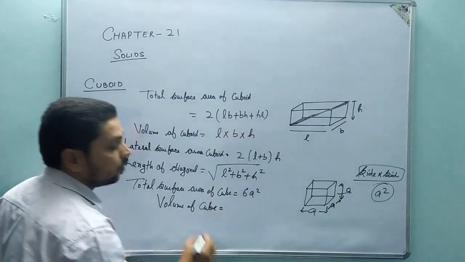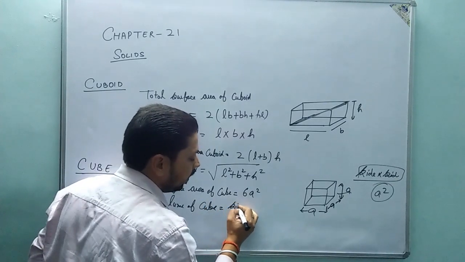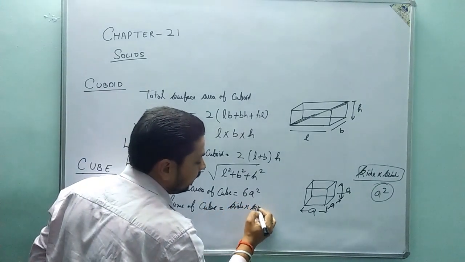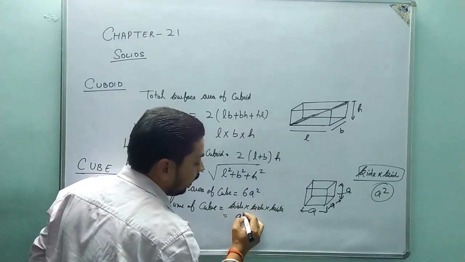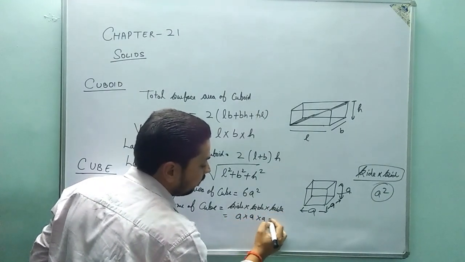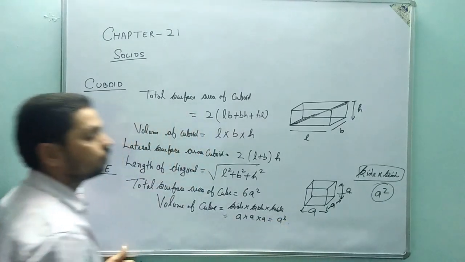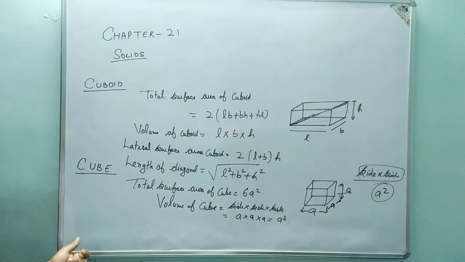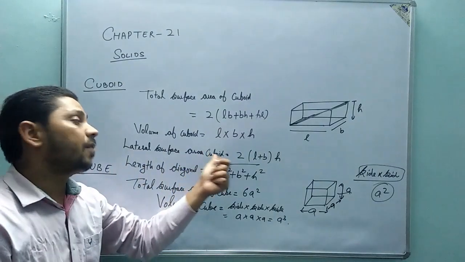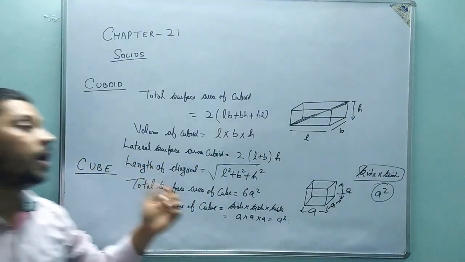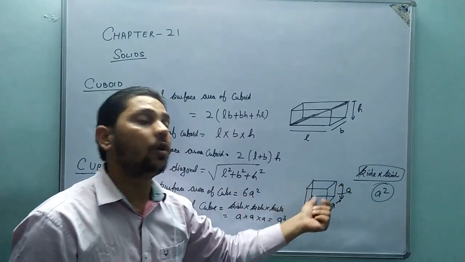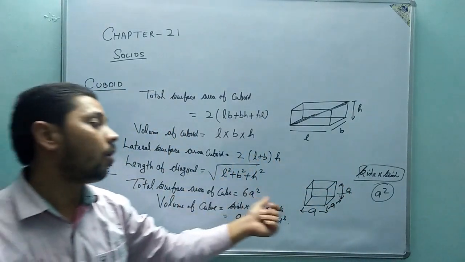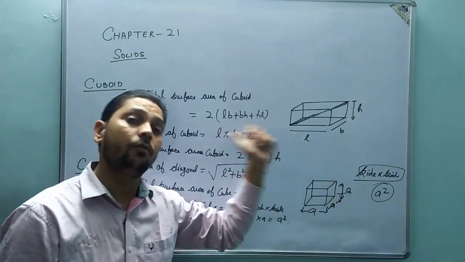Volume of cube will be equal to side multiplied by side multiplied by side. That is equal to a multiplied by a multiplied by a, which is equal to a cube. Then lateral surface area: again we are going to calculate the area of the 4 walls of this cube. That means we are not including the roof part as well